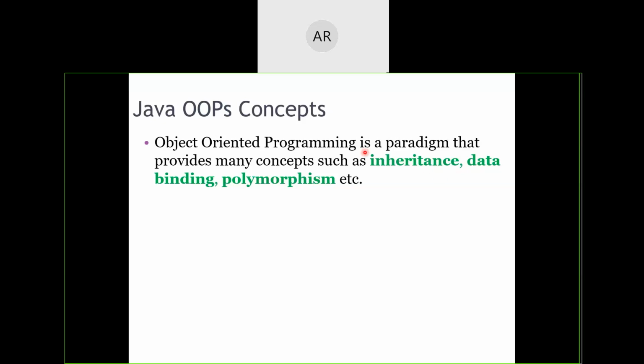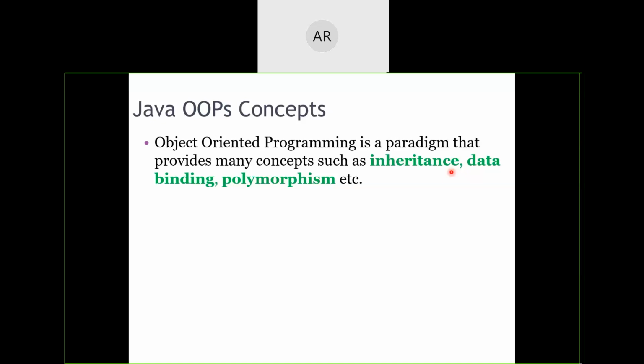Whatever characteristics and properties were defined in the previous object, I'm going to reuse them and create a new object with that. So that will help us not just have reusability, it also helps us replicate real world scenarios.